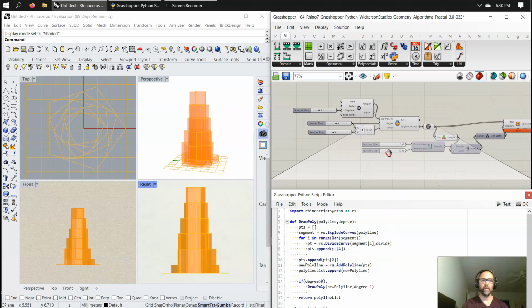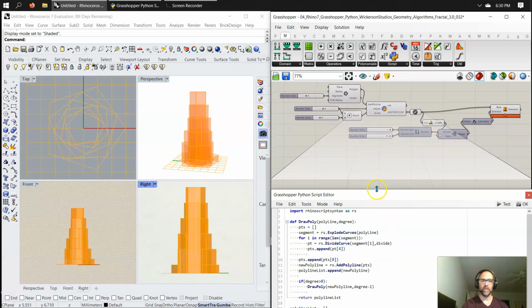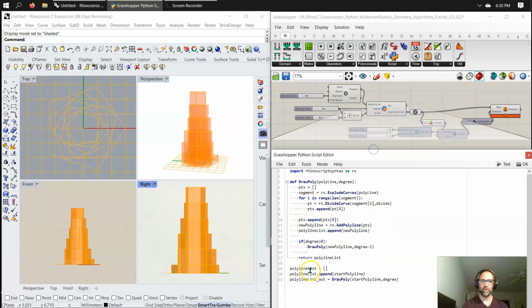Let's bring this one up. Shrink it down to the size of the GH, and the script I'm not going to make it too complex, and I'm not going to make a tutorial on Patreon because it's right there. It's a function of draw poly using a polyline degree, creating a point list, segmenting it from the Rhino script function explode curves at that polyline, and for the iteration you do it from the length of the segment, which is being defined by